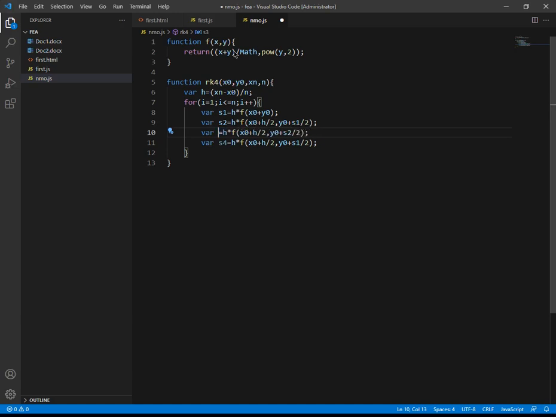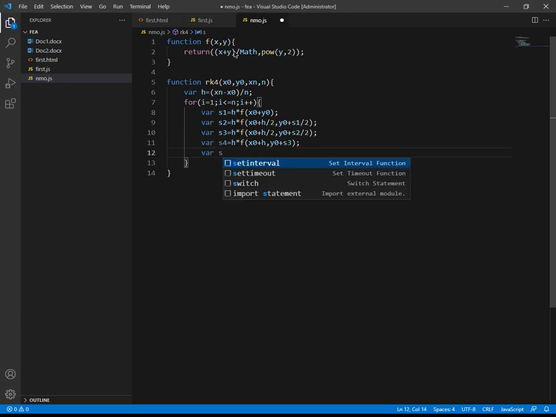S4. Fine. So this is x plus h. This is y1 plus s3. Then I calculate s is equal to